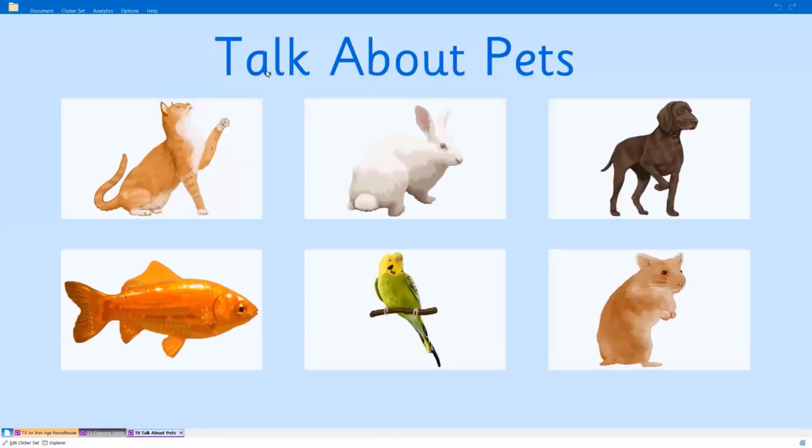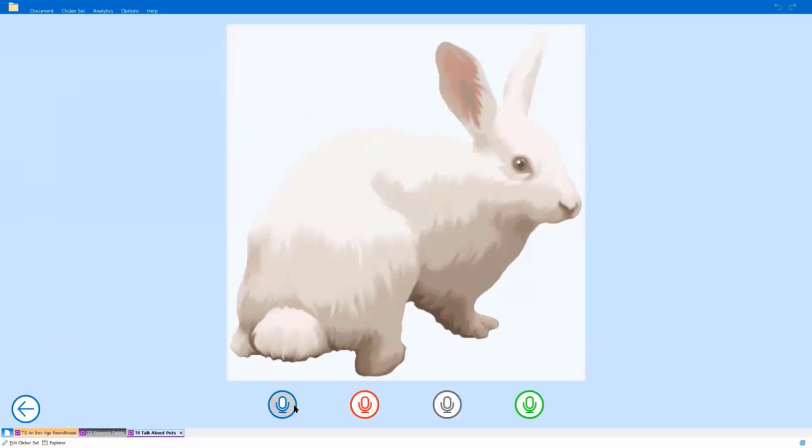If we open this one up here, this is just a simple activity all about talking about pets or animals. So we could click on the rabbit. Similar to the Roundhouse, we've got 4 recordings, and these could just simply be the rabbit is white. So it could be just initial responses or prompts that they get from the picture, and just giving pupils the ability to store and develop ideas verbally, as opposed to the emphasis being writing it down in a book,